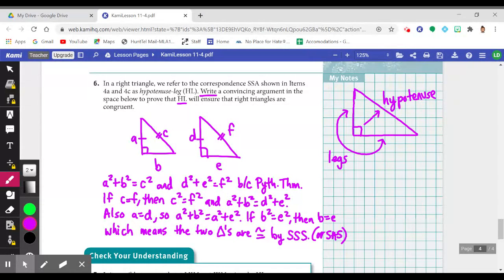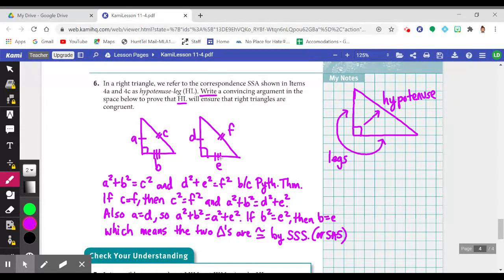Well, if we know B squared is equal to E squared, then B has to equal E, right? Go in the opposite direction. If C equals F, then C squared equals F squared, and the exact opposite is true. If B squared is equal to E squared, then B has to equal E, which means, and I'll go ahead and mark it now,